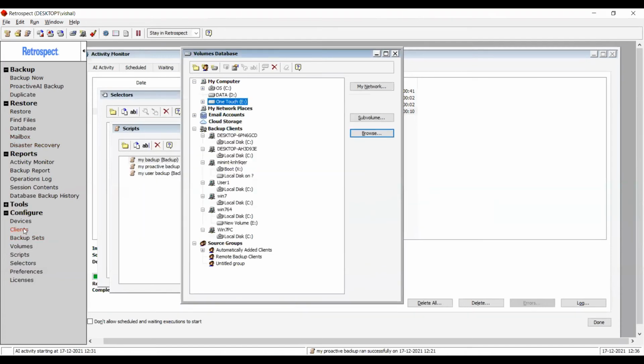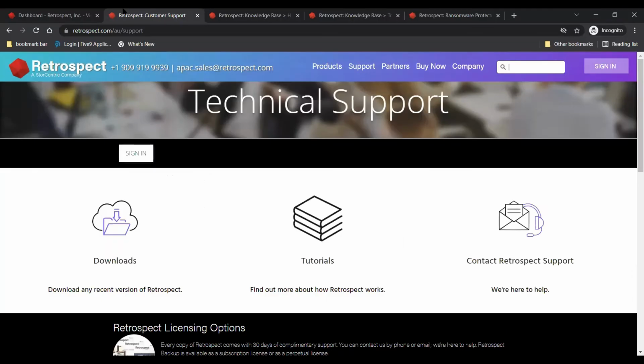There are also newly added video tutorials in the tutorial section. So let me just bring up that, and also it will help the other question. I'll have to switch my screen. So if you can see my browser window, you can see that I am at retrosec.com/support.